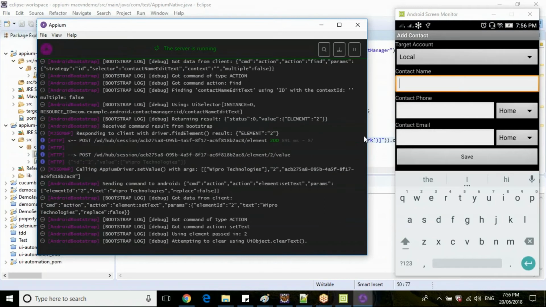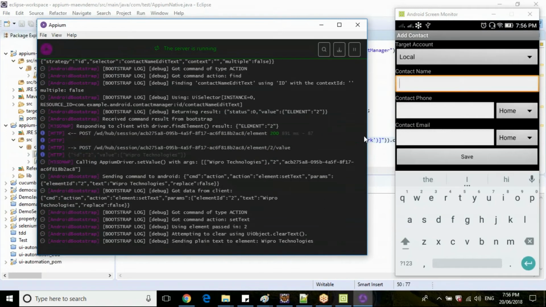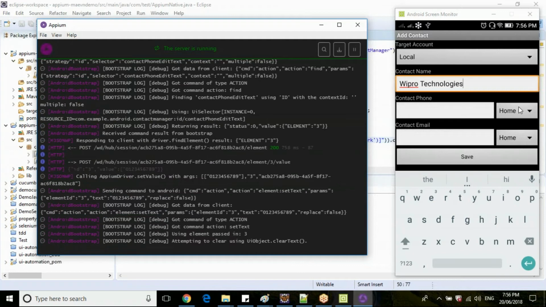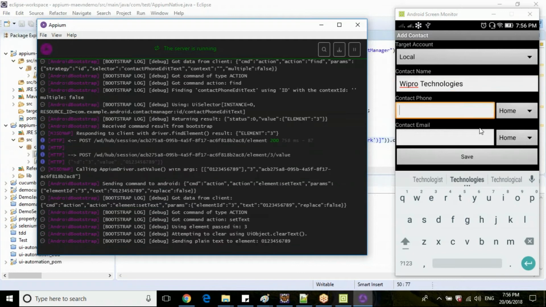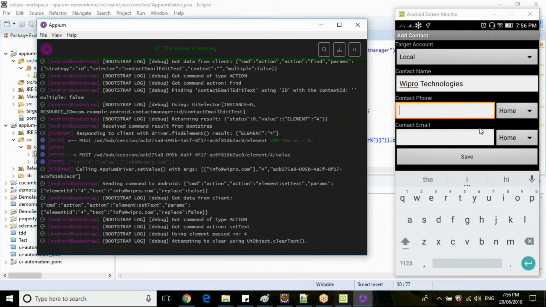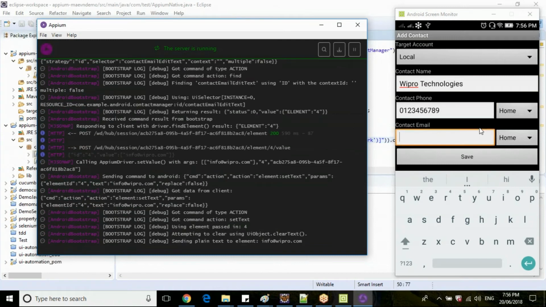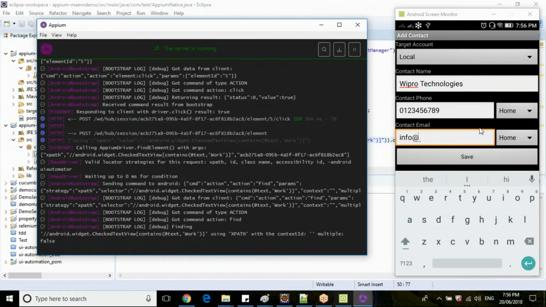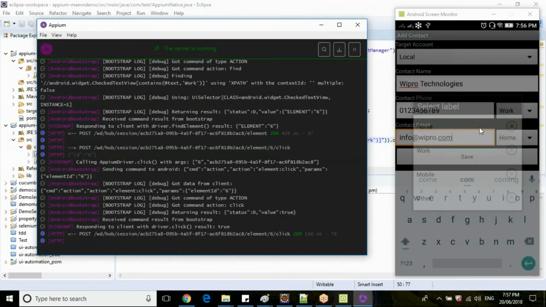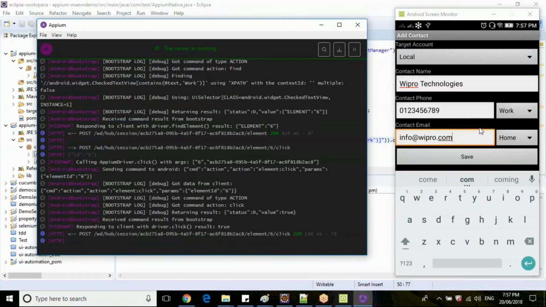Now it's clicked on add-on. It will enter all the details. Then it should click on home here. Then after clicking on home, it should select this work. Now if you see here, instead of home, it has selected work here. Clear?